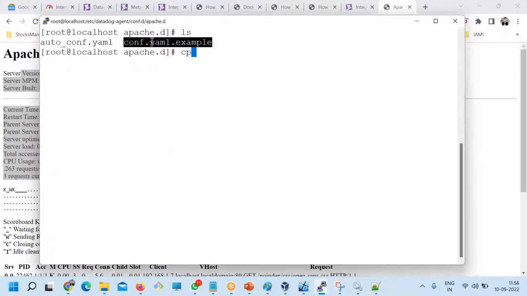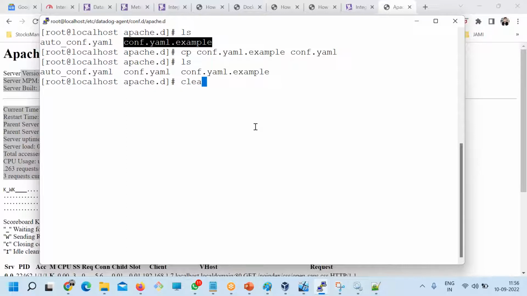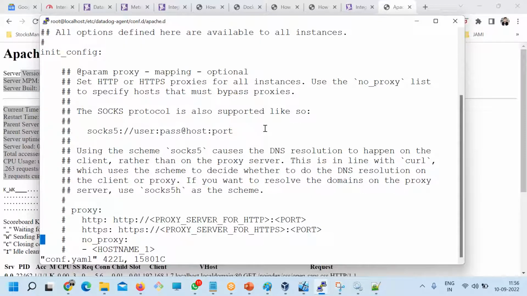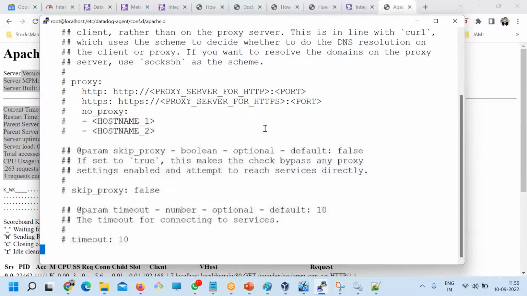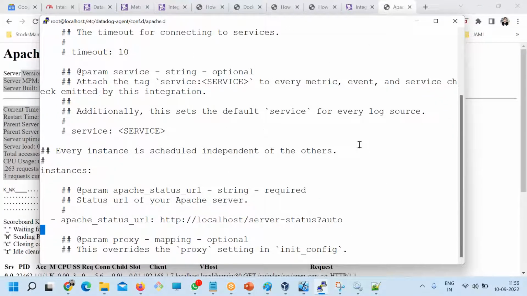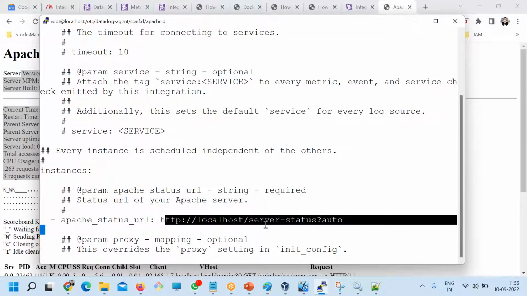So cp the example YAML, and here conf.yaml, and if I see that instances, see it's automatically enabled for localhost, because I installed the Apache on the same machine.